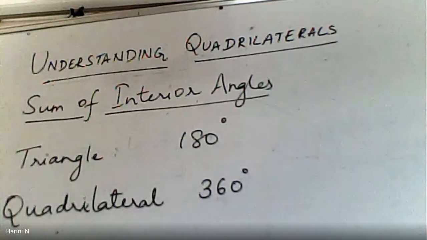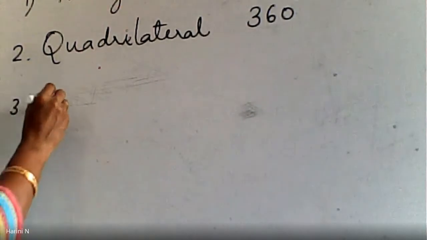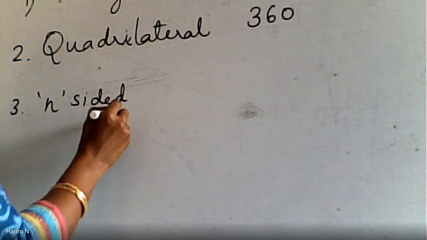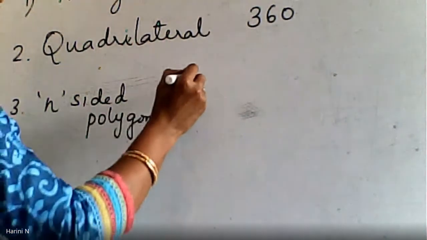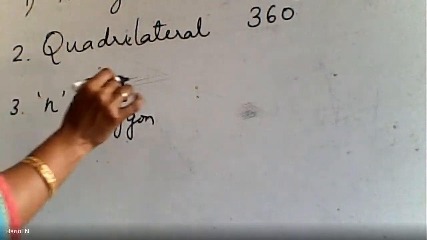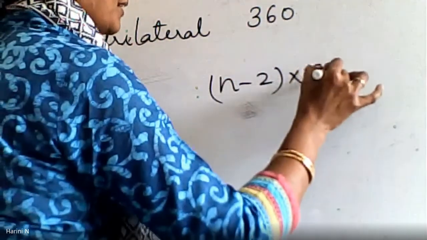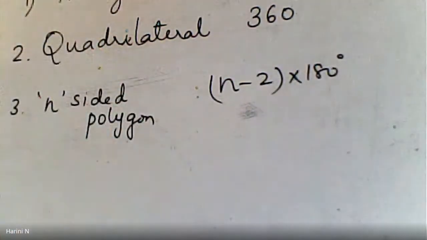So when I talk about an n-sided polygon, what is the angle sum of the interior angles? It is n minus 2 times 180 degrees. So if I apply this formula,